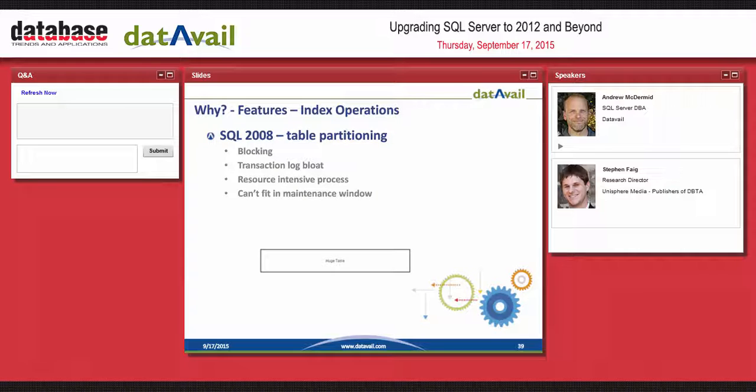Then in SQL 2008, we got table partitioning, and that's kind of where we're going to start with our look at this feature. So this is not the usual way to present it, but let's look at the benefits of table partitioning, strictly from a DB maintenance perspective. So here we have a huge table, it's a big clustered index, and if we had some way to split up the data here by date, of course, is a good example, we can partition this thing into much more